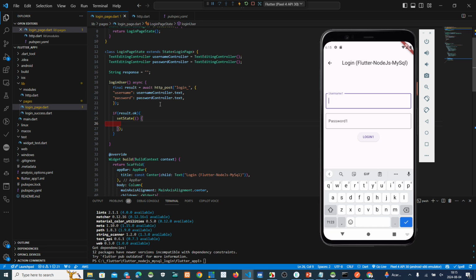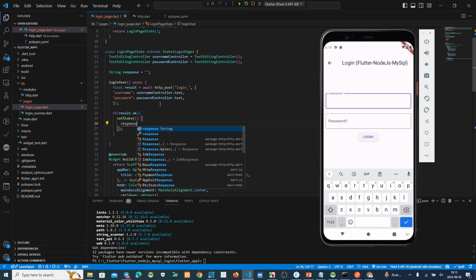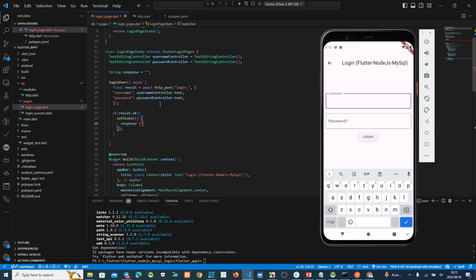Oh, because we have used this one, response, yeah, state, response equals result dot data.